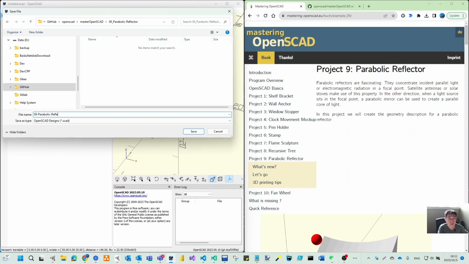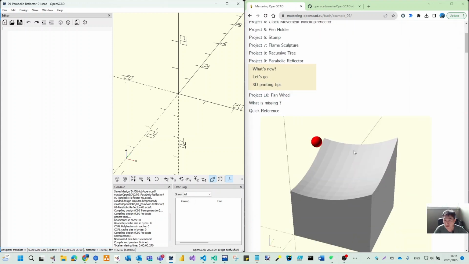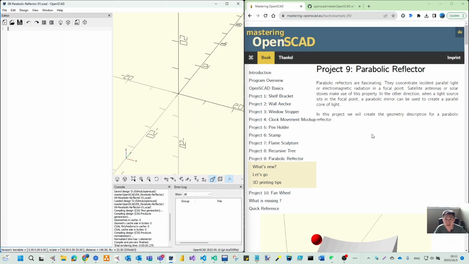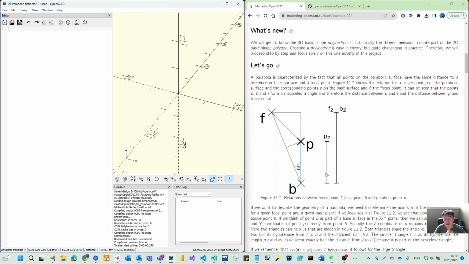It's the number of the description in the text, which I suggest you read thoroughly. That has some mathematical background. To make those, we need to use this 3D way to build the shape and convert it to this parabolic so that it can reflect. As the background for this shape,